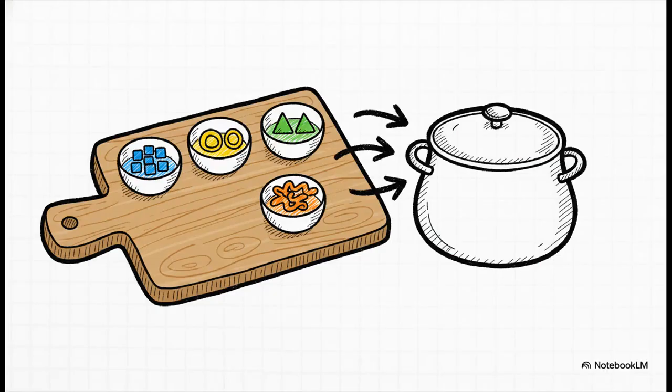You know what? A perfect analogy for this is what chefs call mise en place. A great chef doesn't just start cooking, they prep everything first. They get all their ingredients chopped, measured, and laid out perfectly. That is exactly what context engineering does for an AI. It sets the stage for a perfect result.